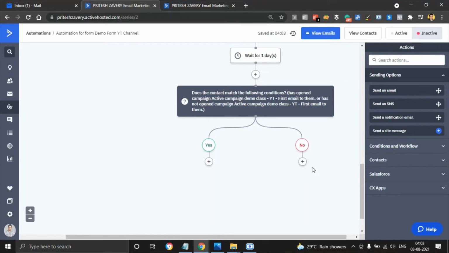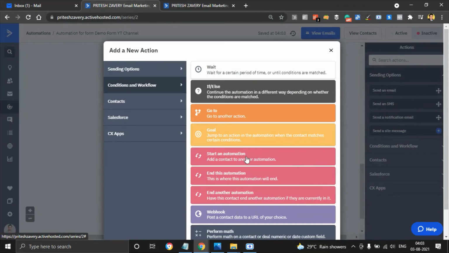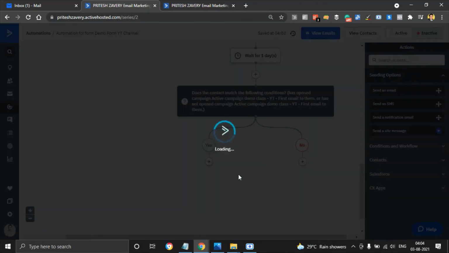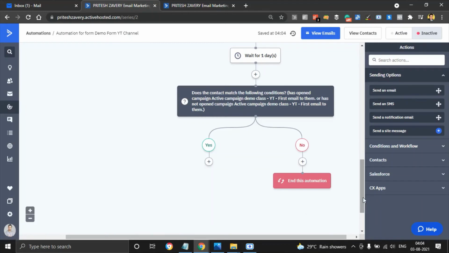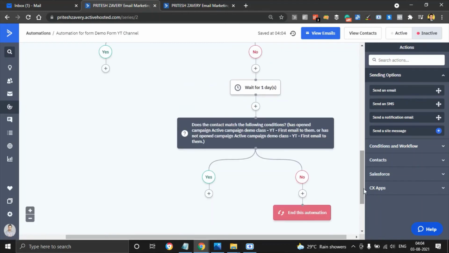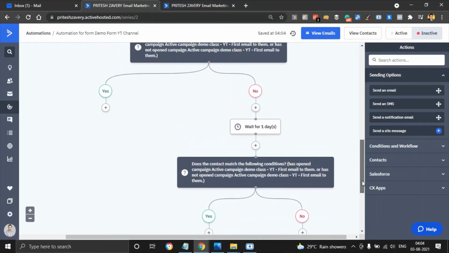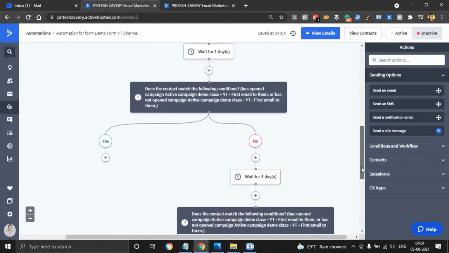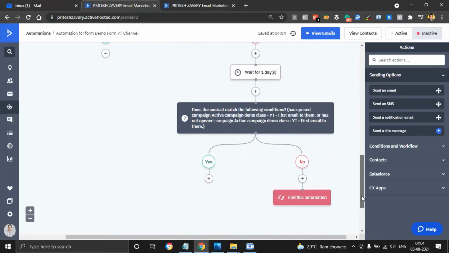So what you can do is you can either say plus and end this automation right now, or maybe you can actually add these people to your database and simply work on that database later on at a later date, maybe after a month or 2 or 3, where you can clean your list better. For the sake of this tutorial, I'll say end this automation. That means we have attempted to share our emails with these people at least on 3 occasions, and when they have done nothing with our emails, we have ended the automation.